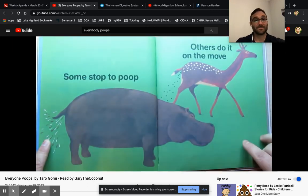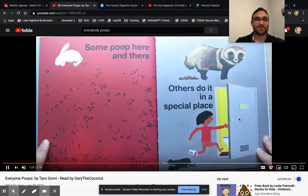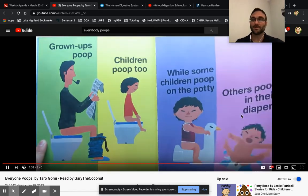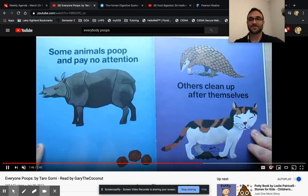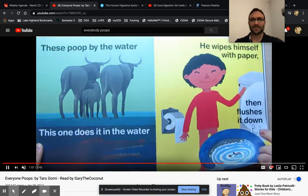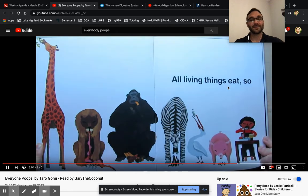Some stop to poop, others do it on the move. Some poop here and there, others do it in a special place. Grown-ups poop, children poop. While some children poop on the potty, others poop in their diapers. Some poop and pay no attention, others clean up after themselves. These poop by the water. This one does it in the water. He wipes himself with paper. All living things eat, so